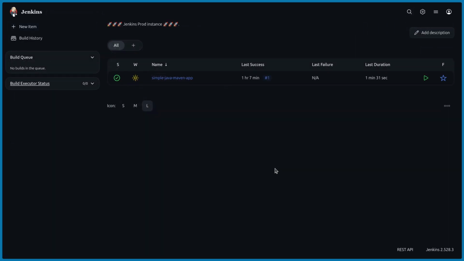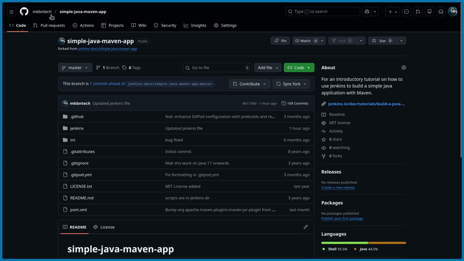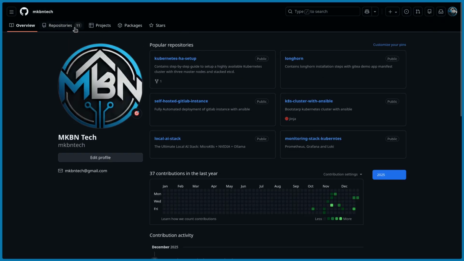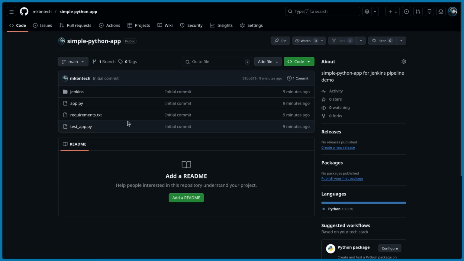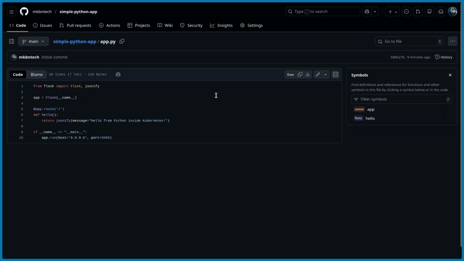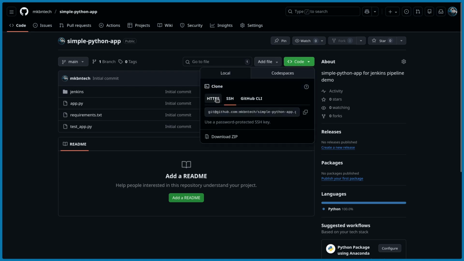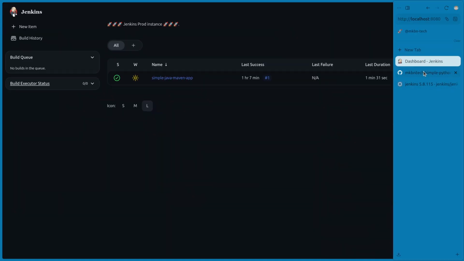Let us build a Python application using Jenkins. I have another repository called simple-python-app. And if you take a look at the app.py, this is a simple Flask application which prints a message, hello from Python inside Kubernetes. Let us go ahead and copy the HTTPS URL,